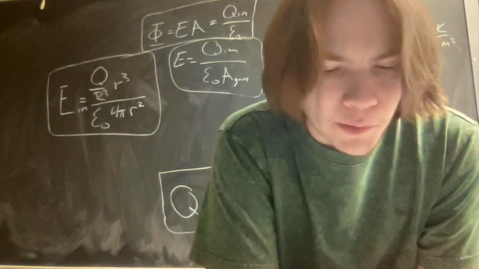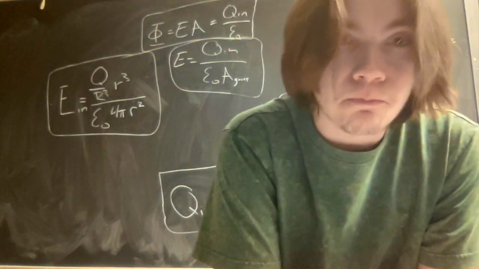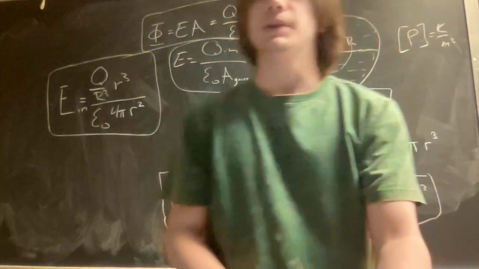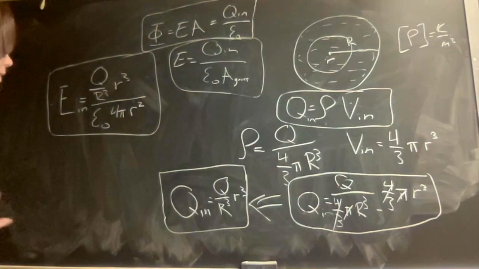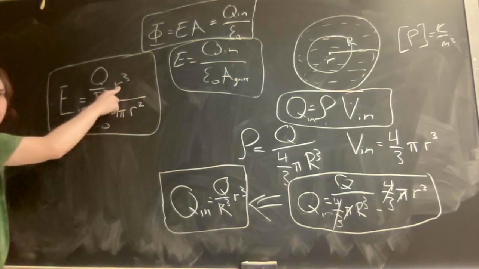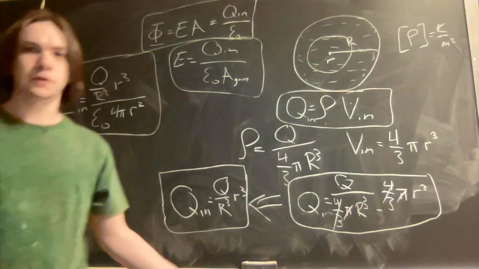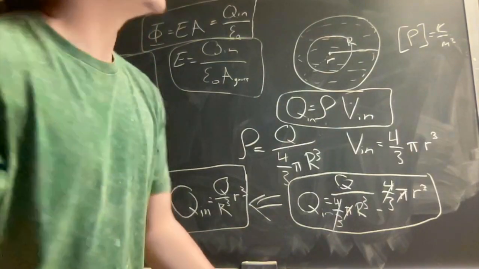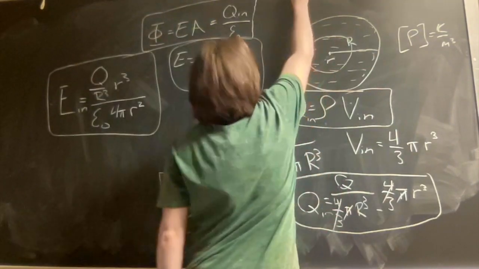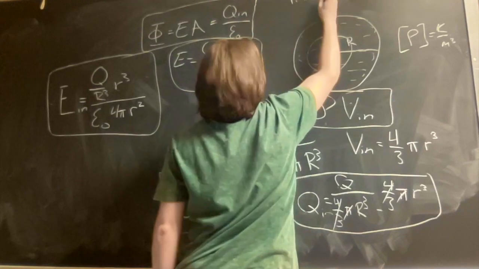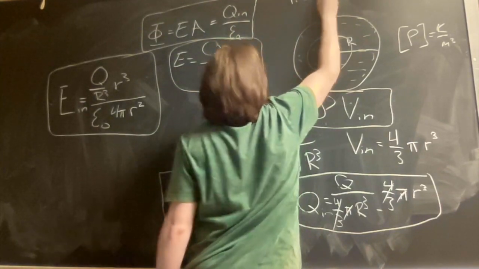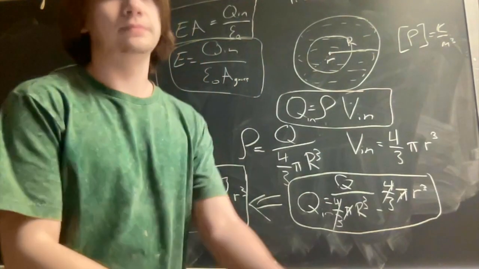And so the question asks, what is the electric field at the center of the sphere? So where little r equals 0, because big R is a constant, so we don't even worry about that. So when little r is 0, the E field equals 0, because anything times 0 is 0. So the answer to the first question is 0. I'll write that here. 0 newtons per coulomb. That's the unit of